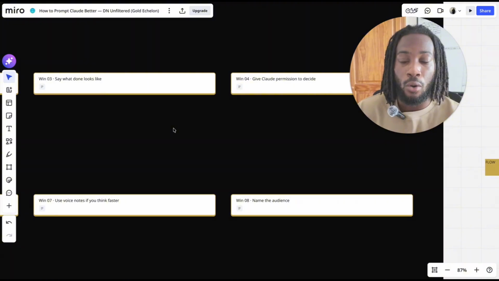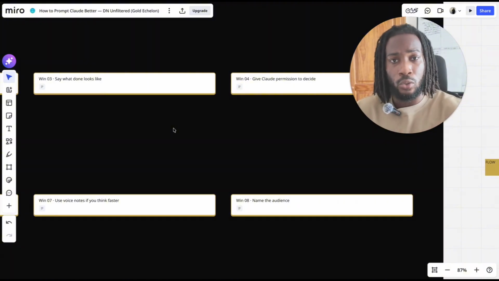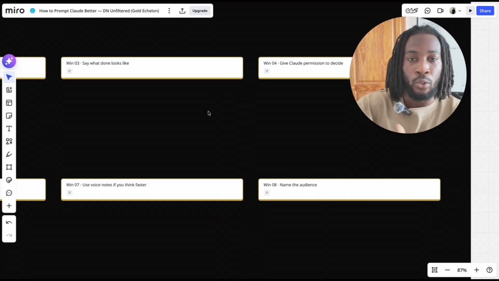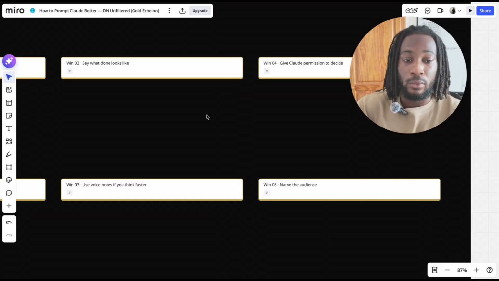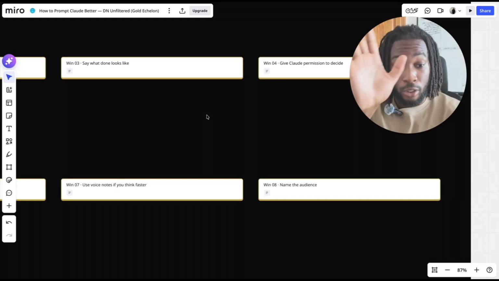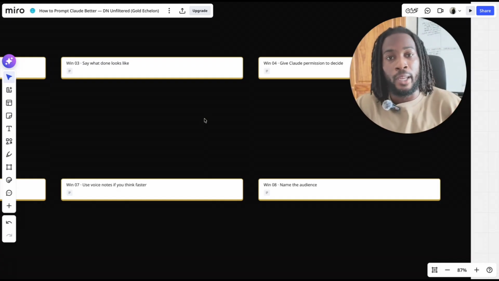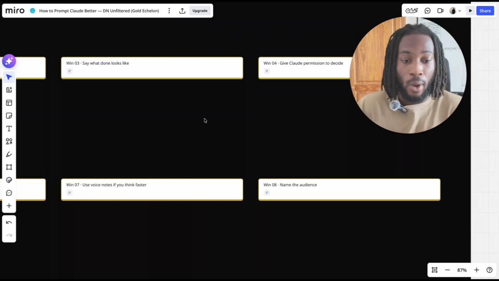So I like to turn on from ask to act. You'll see this on Claude Cowork. I don't think it has it in Claude Chats, but giving Claude autonomy to be able to do what it wants. If I say, this is how I want the output to look, I will just put it on act and go about it. And I also make sure that Claude lets me know everything it goes through and does. If it messes up, well, I can go through and fix it.